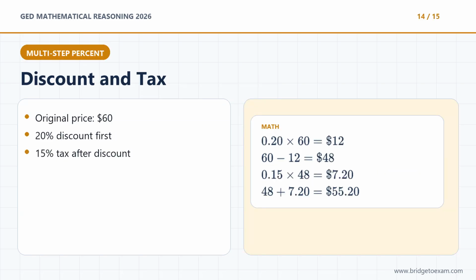Now try a GED-style multi-step percent problem. A jacket is $60. It has a 20% discount, and then 15% sales tax is applied to the discounted price. First, 20% of 60 is $12. Subtract to get $48. Then 15% of 48 is $7.20. Add it back. The final price is